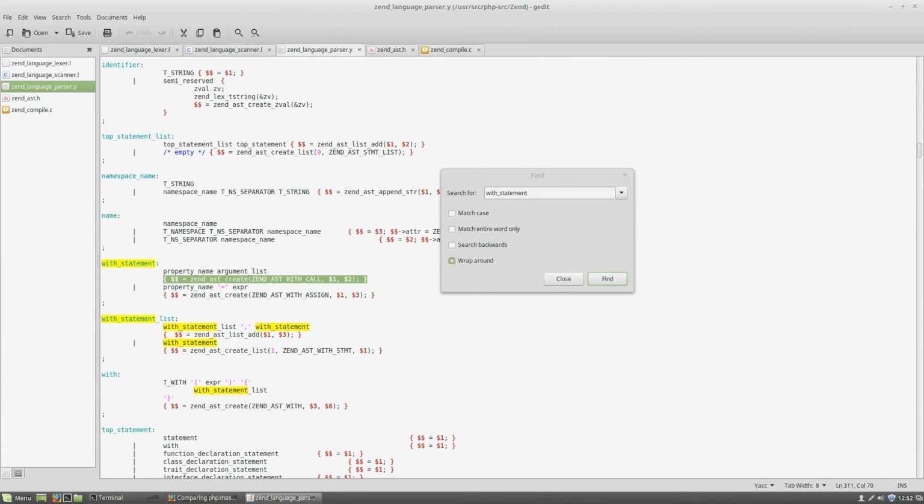So you just create a call with your method name and the argument list, or if it matches this rule, it's an assignment to a property. And you could probably do other ones, but I couldn't think of any that were useful, really. So yeah, then we've got another different kind of AST with our name and our expression. And again, it's not two because this counts as a token. Yep. So now